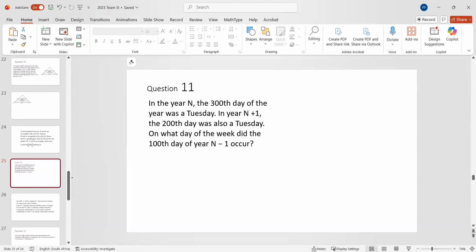Question 11. So question 11 says the following. In the year N, the 300th day of that year was a Tuesday. Okay, we're not given what year it was, 1957 or 2023. We don't know what it is, but it doesn't really matter. The year N, the 300th day of that year,